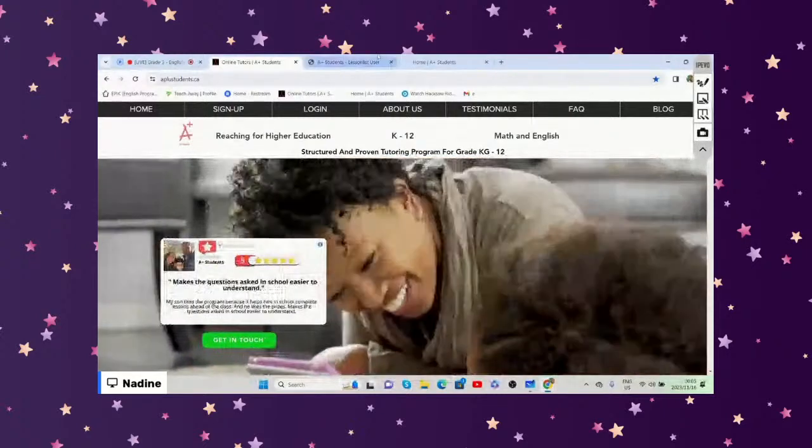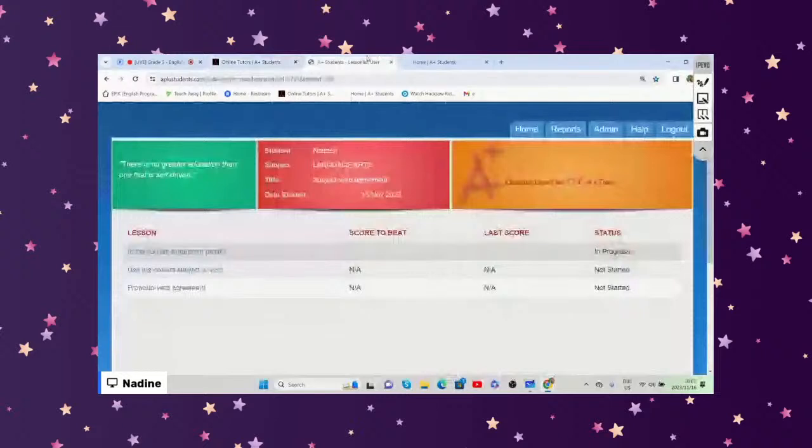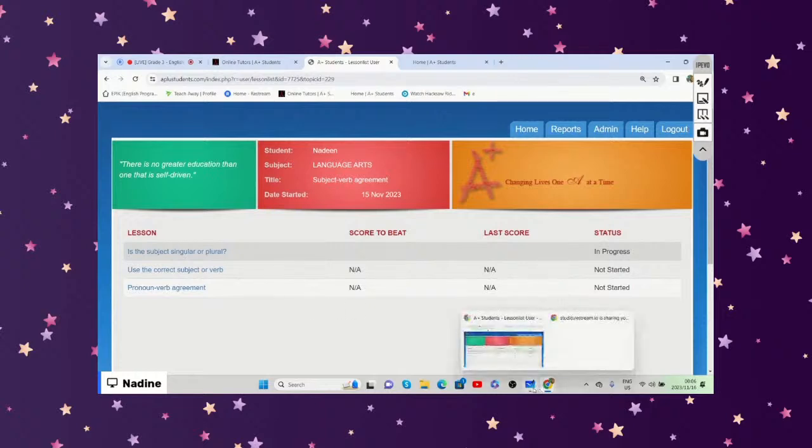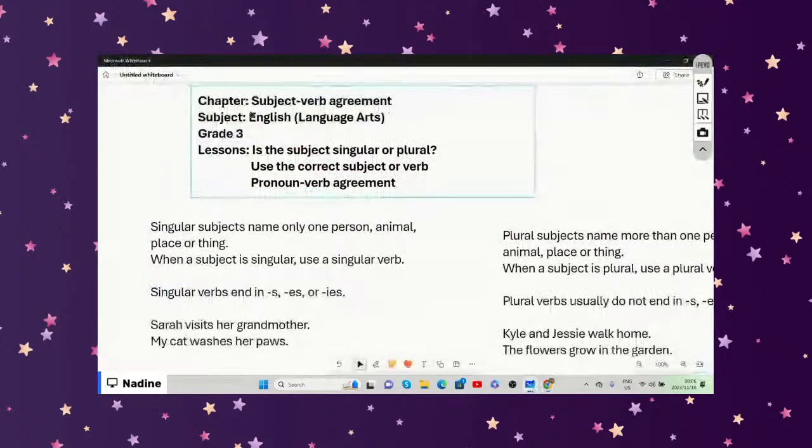Once we have selected language arts, grade 3, we're going to scroll down until we get to the chapter of subject verb agreement. All right, so our chapter is subject verb agreement. Our subject is English, which is also language arts, grade 3. And the lessons that we're going to be focusing on under the chapter of subject verb agreement